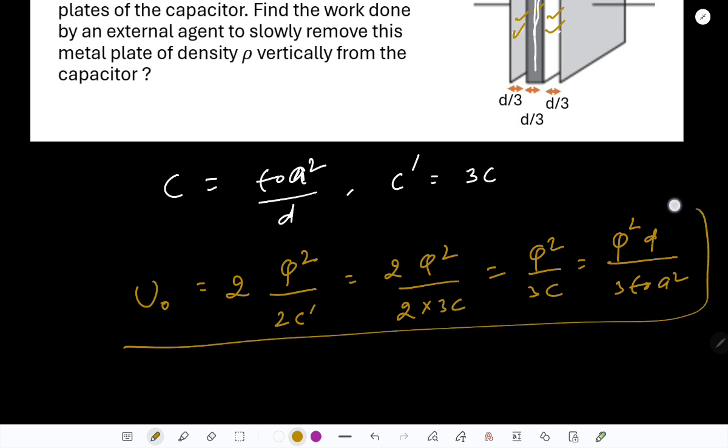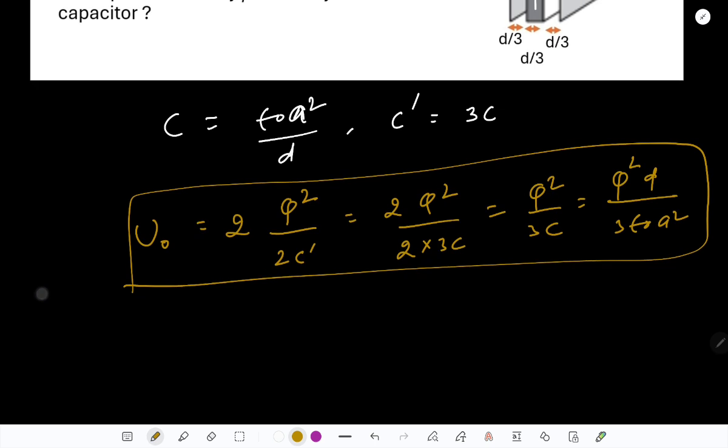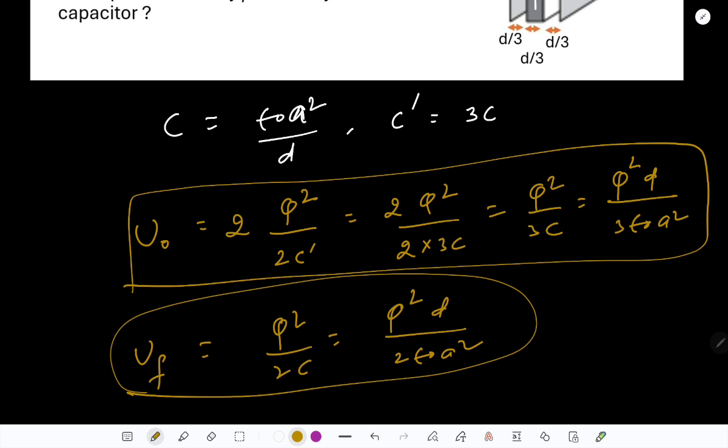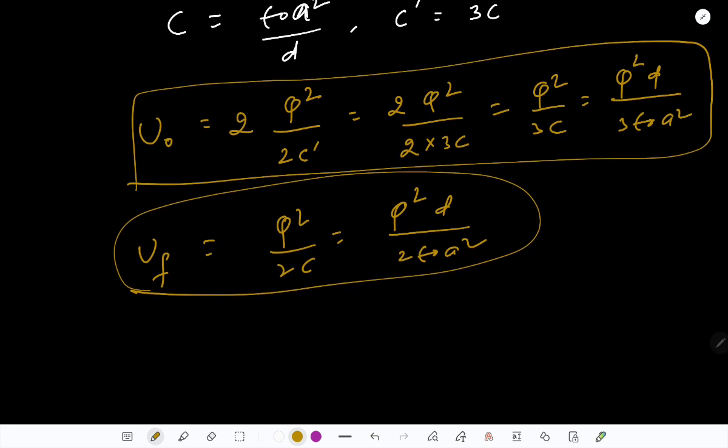So this is the electrostatic energy of the system before removing the metal plate, and after the metal plate is pulled out, the electrostatic energy becomes U final, and that is simply Q square by 2C, and that is Q square D by 2 epsilon naught A square. So U final is greater than U naught. You can simply compare them,